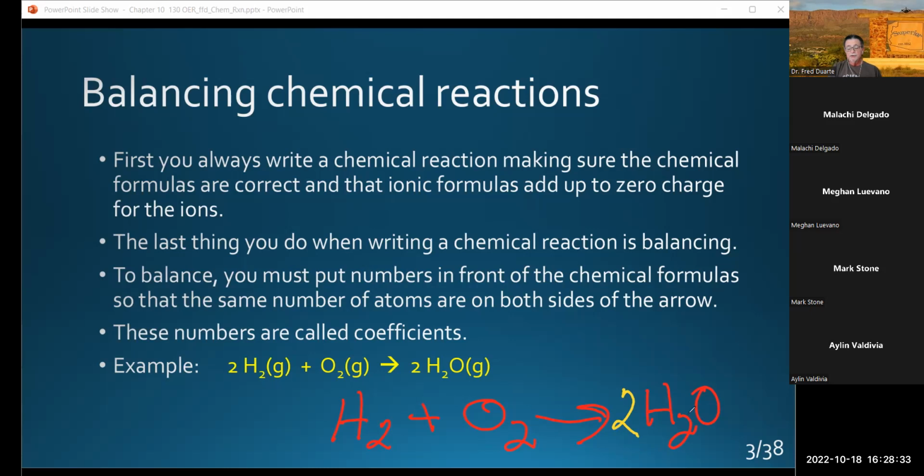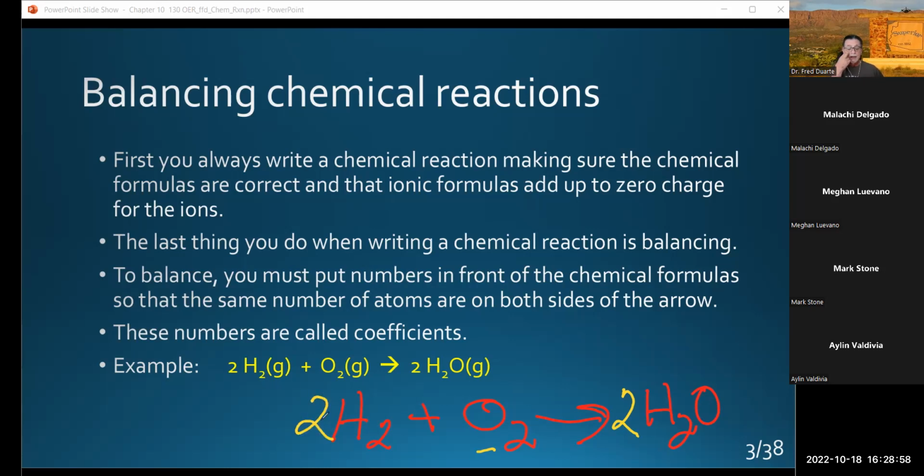Okay. So putting the 2 in front of water tells us we have 2 molecules of water, which balances out the oxygens on the left-hand side. But in doing that, it increased the number of hydrogens. Well, no problem. Now we've got 4 hydrogens. Well, we go back to the reactant side, and we can correct that by putting a 2 in front of